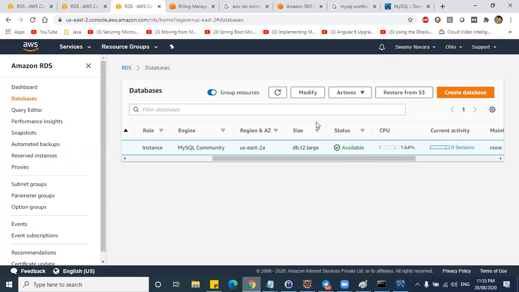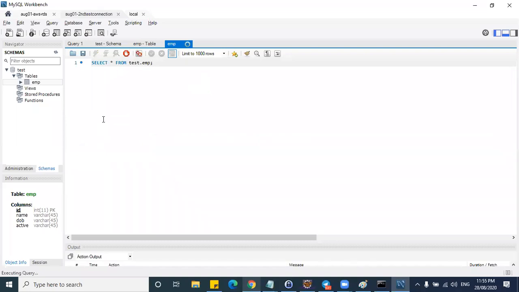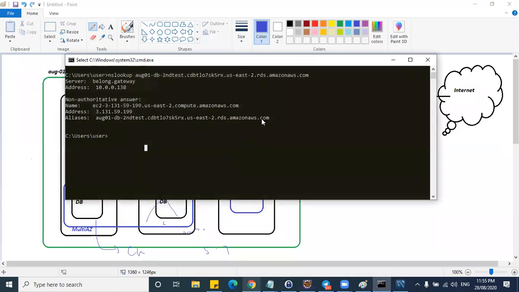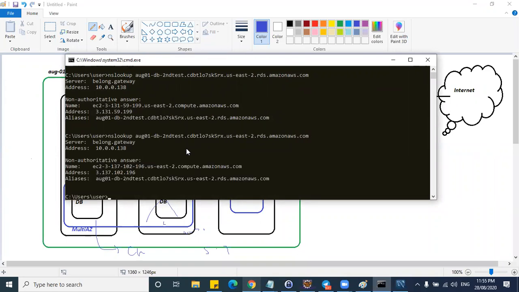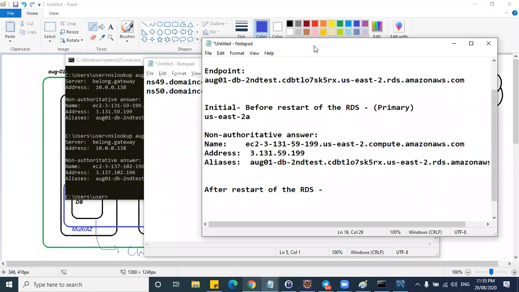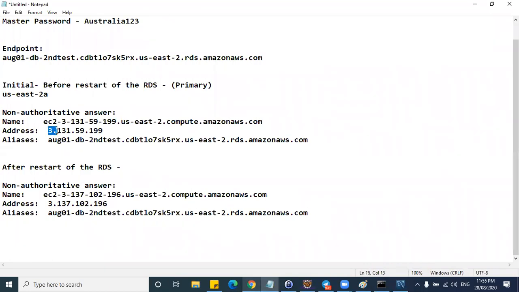Yeah, now it is available. If you go and check the query, yeah, you got the results. As per our understanding, this result should be from the secondary server. Now let us fire the same command, NS lookup. You got some address, copy paste this in Notepad. It's different. Yeah, if you see here, this is AZ 2B, so this is the secondary AZ. So let me